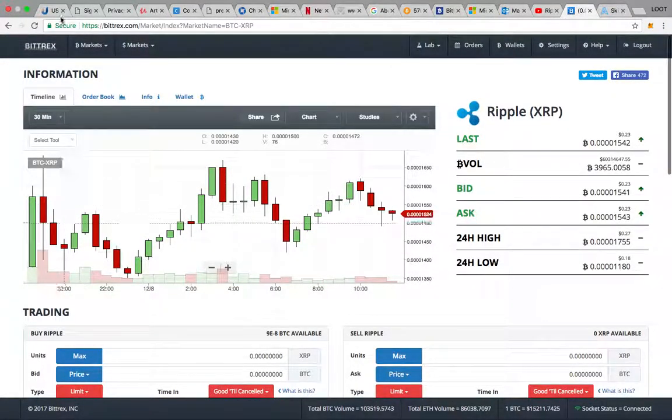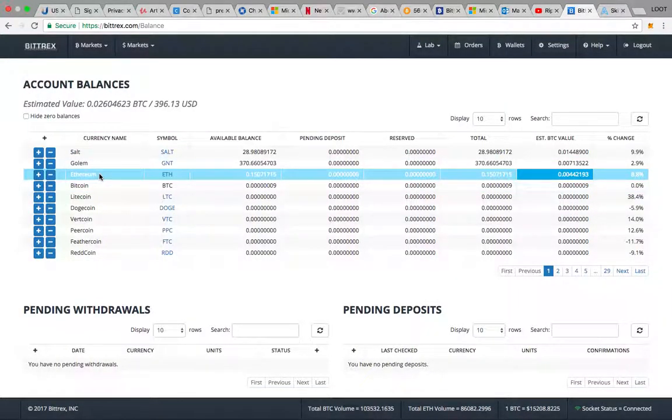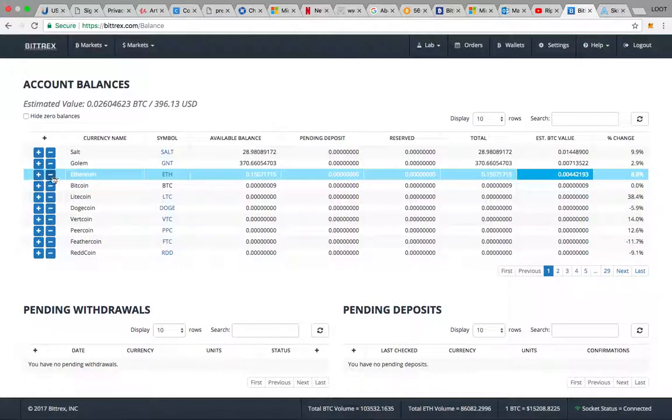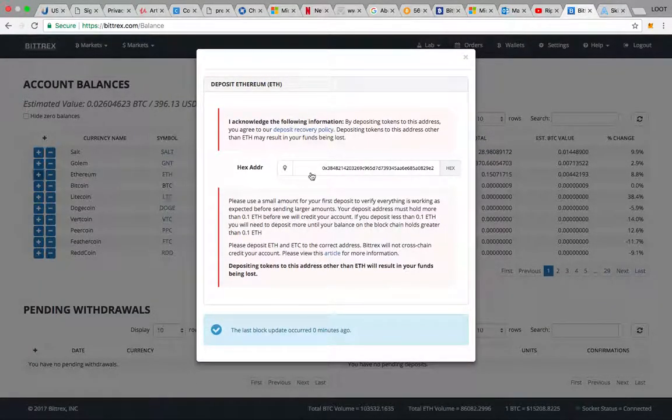So, all right. The first thing that you need to do is understand that you can only transact through Bittrex in either Bitcoin, Ethereum, or Tether. So you're going to need to come to your wallet first. I'm trading in Ethereum, so you're going to want to deposit Ethereum into your Bittrex wallet. So how do you do that? You come to your wallets, you click Ethereum, you see you have a plus and a minus. The minus is when you're going to withdraw from this wallet, and the plus sign is when you're going to deposit into this wallet. So you'll click the plus sign, they'll generate an address for you, copy and paste that address,